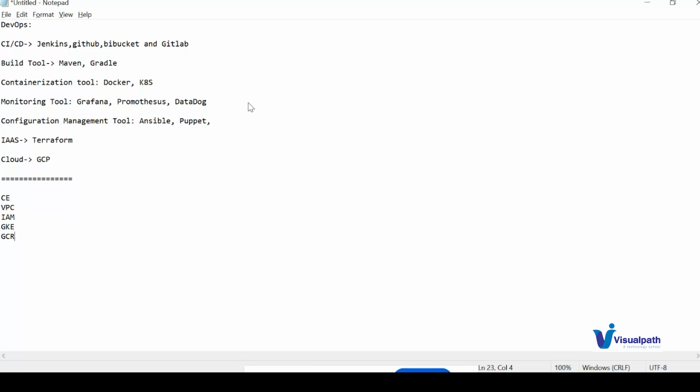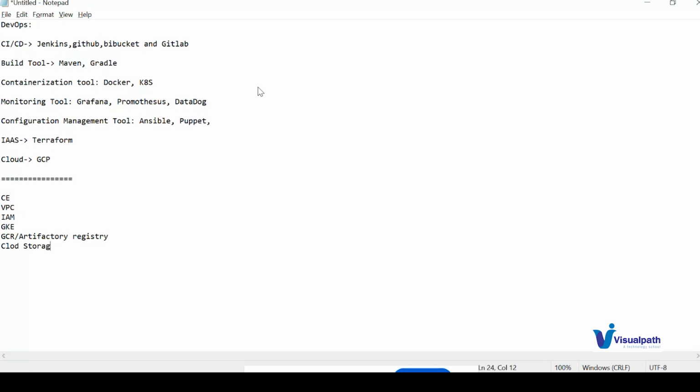Then Container Registry, and also Artifact Registry. Two options are there to store our images.